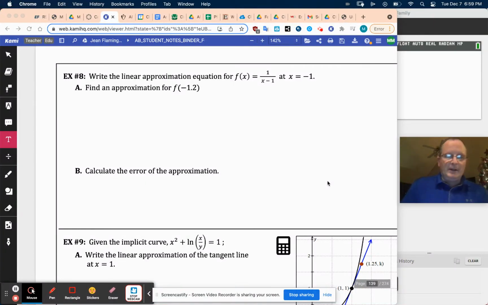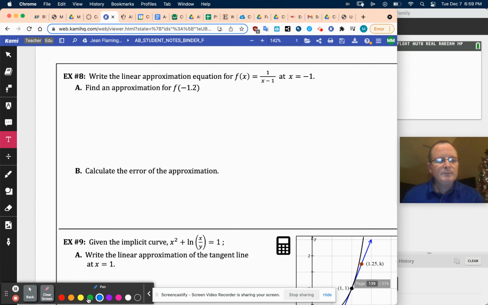Example 8. Write the linear approximation for the equation f of x equals 1 over x minus 1 at x equals negative 1, and then use that equation to find the approximation of f of negative 1.2. All right, so here we go. The first thing we need to do,